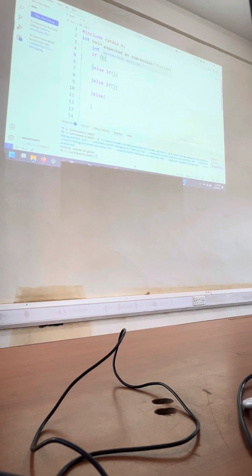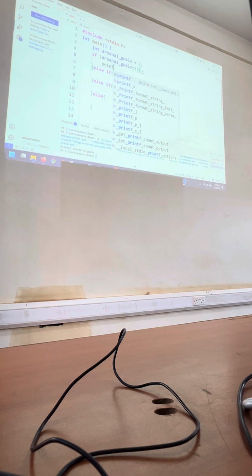So let us say you could have something like, if Arsenal goals are less than 2, in that case, let's print something like Arsenal scored. And don't forget, you need to have your semicolon there.